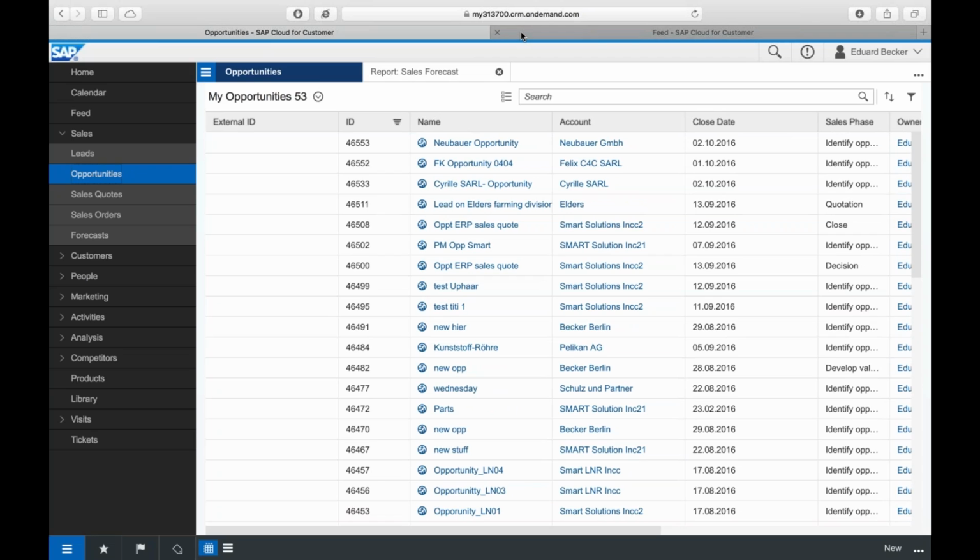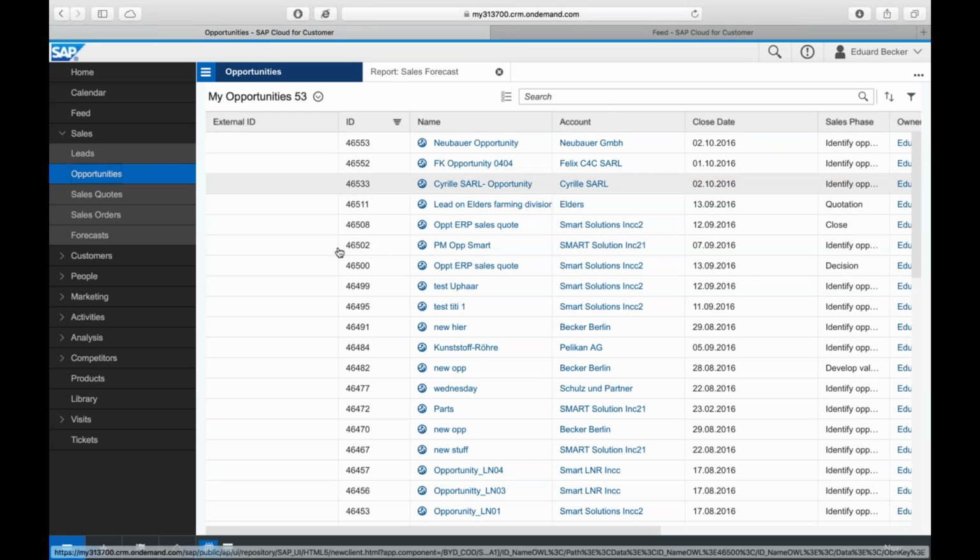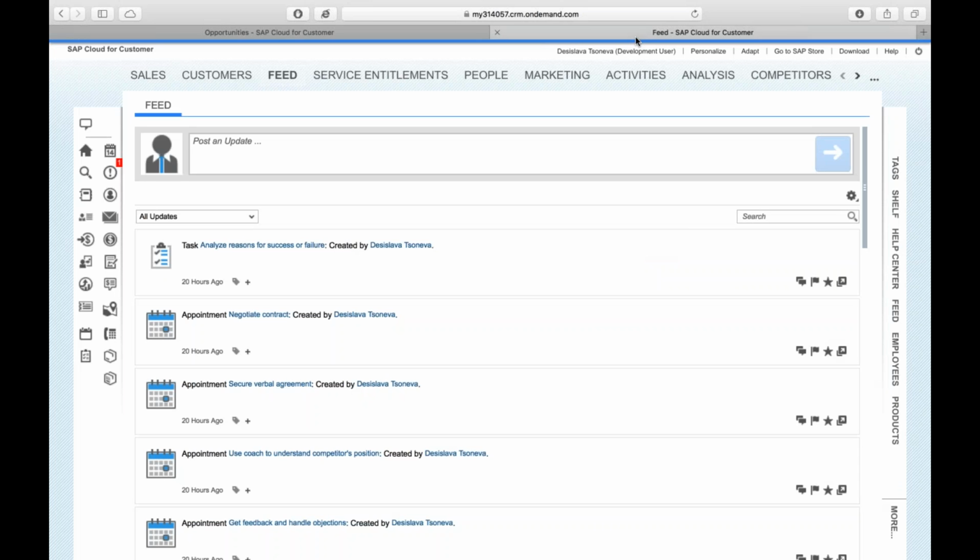There is one more thing. Since SAP started developing this solution 3 or 4 years ago, the first version of the interface was based on Silverlight technology, which was the best technology when SAP started building Cloud for Customer. And that is why this Silverlight interface is also available, although it is recommended to be used only for configuration purposes.